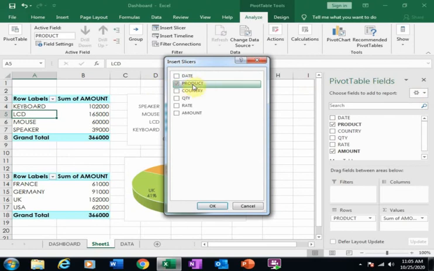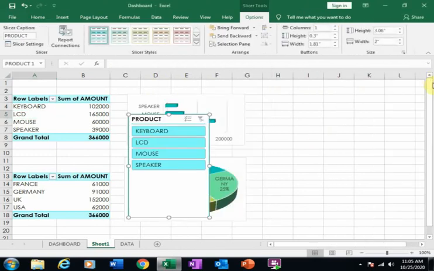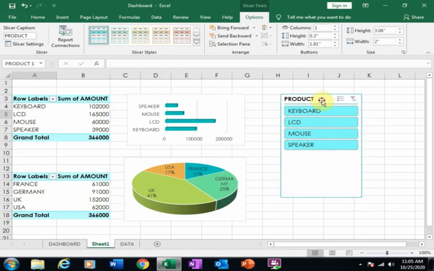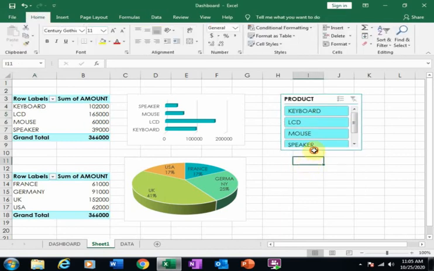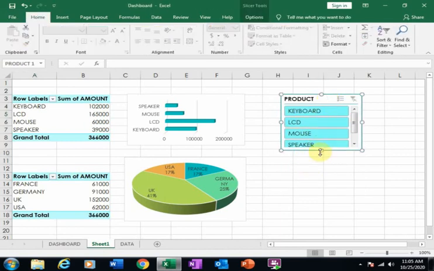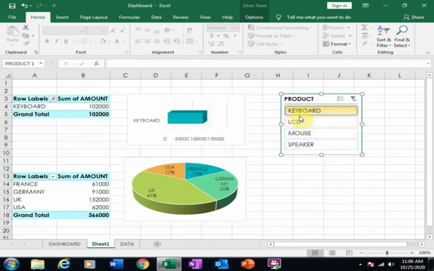And here is a product wise slicer, and click OK. I want to show the product wise slicer. Now if I click keyboard, it will display the keyboard data.